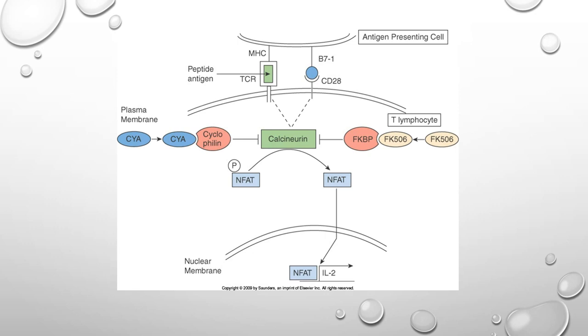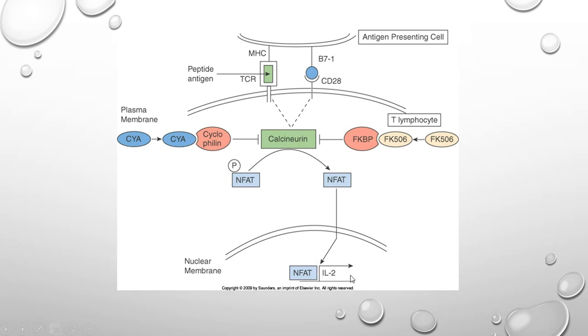The way in which these drugs work is twofold. For FK506 or tacrolimus, it binds onto FK binding protein, and for cyclosporine A, it binds onto cyclophilin. Both cyclophilin and FK binding protein inhibit calcineurin. By inhibiting calcineurin, it can no longer dephosphorylate NFAT, and therefore NFAT cannot translocate into the nucleus and lead to